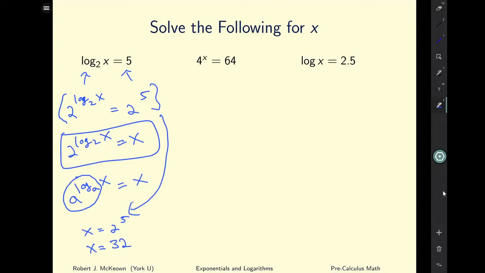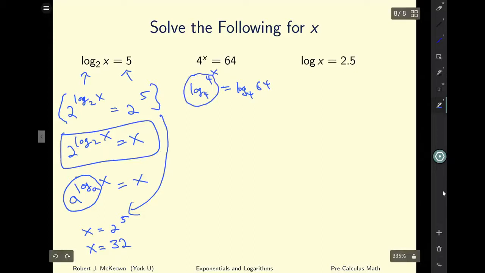Let's look at the second problem. We've got 4 to the power of x is equal to 64. Maybe you already know what x is going to be, but is there an algebraic way that we can solve for x? Yes, there is. Let's take log base 4 of 4 to the exponent of x, and that's going to be equal to log base 4 of 64, and